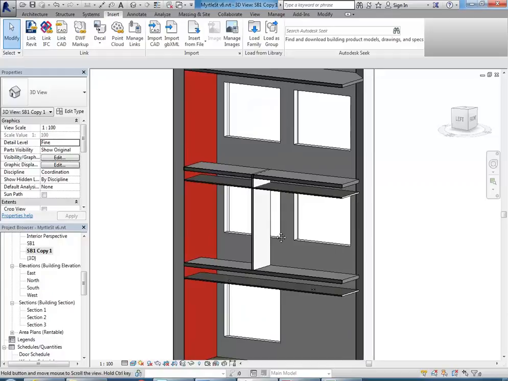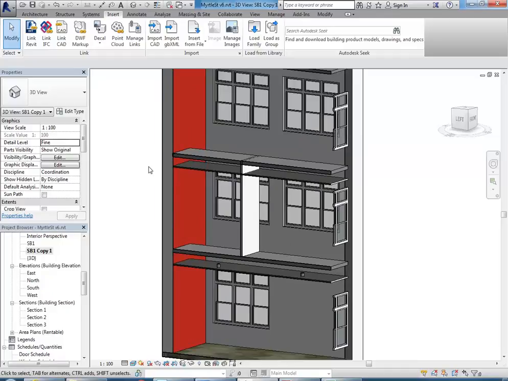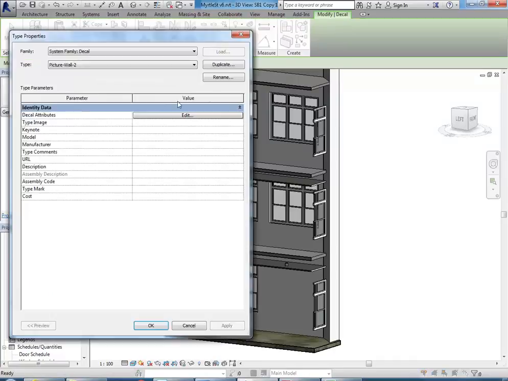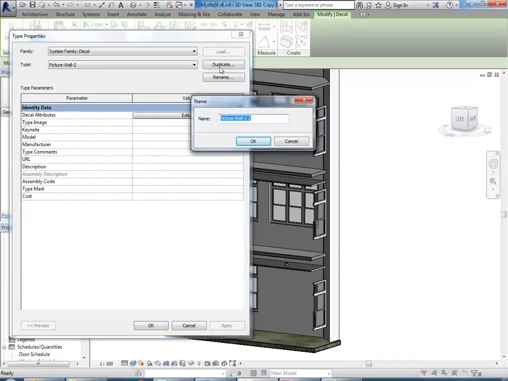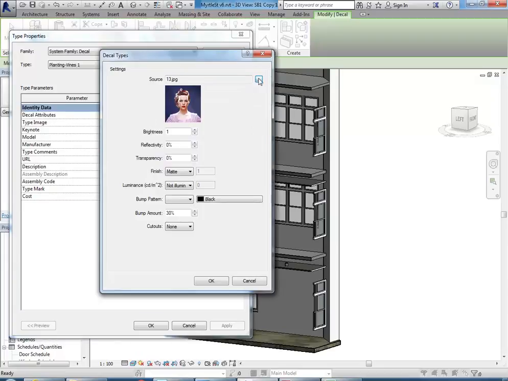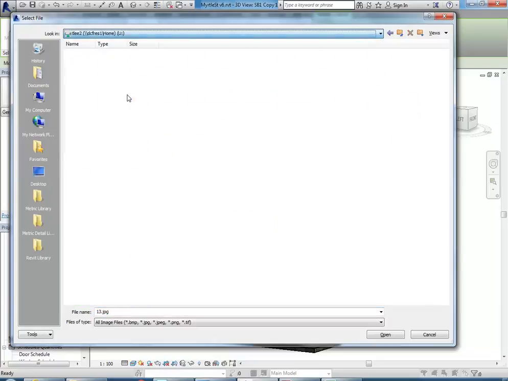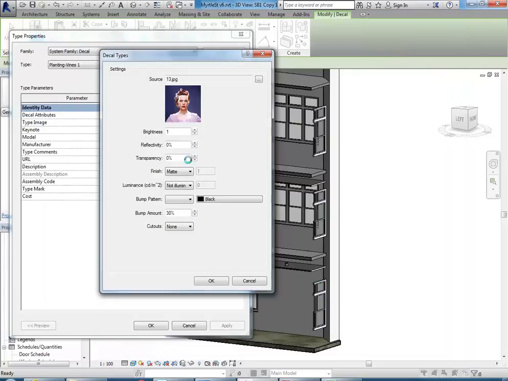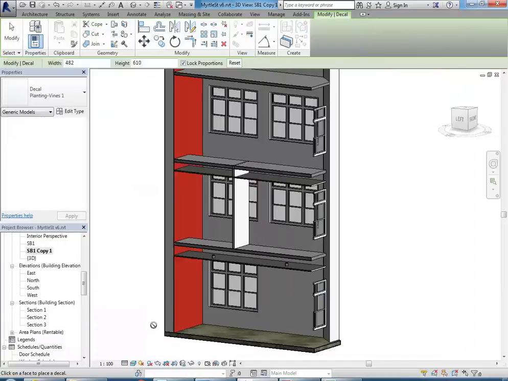And so just to show you how easy it is to use decals for things like that, a couple of simple options. We go and add a decal, and again edit type, duplicate, and I'll call this planting vines 1. Again, browsing to find an image, and I've got some saved here. Okay, so I've just downloaded some images of some vines, and you can there see I'm going to place it on this wall,